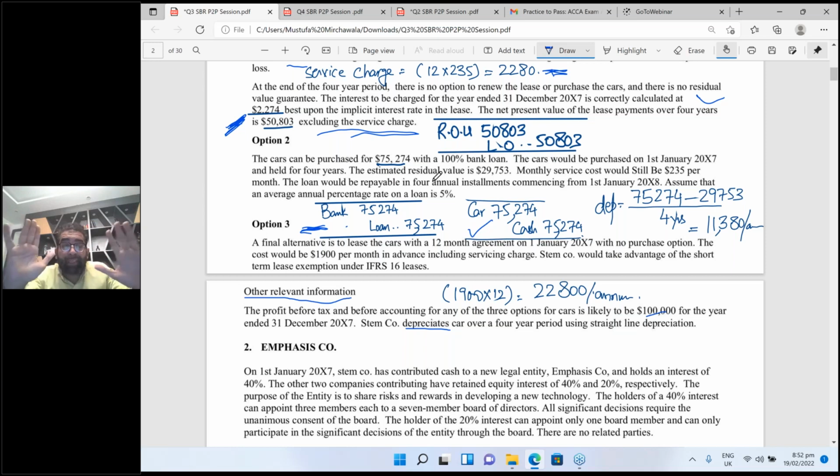That means open your eyes. By the end of the year, you didn't pay a single penny. My dear students, see the repayment date. What is the repayment date? 1st January X8, and your accounting period ends on 31st December X7. So by the end of the year you didn't repay a single penny of the loan,